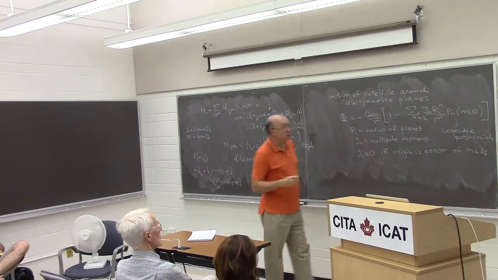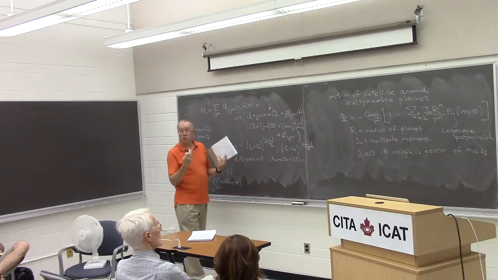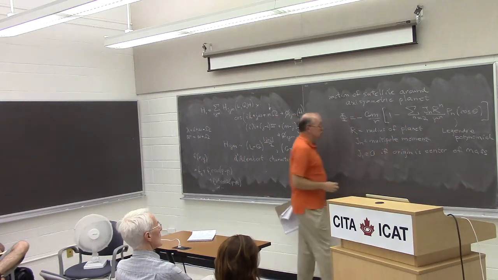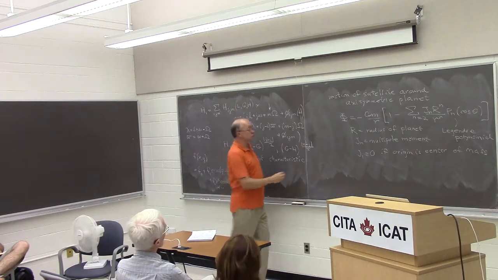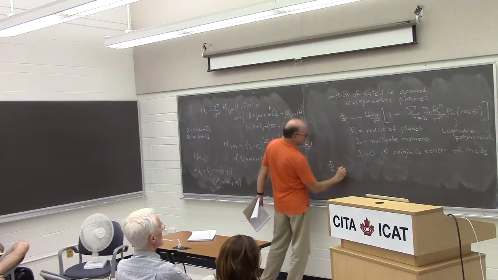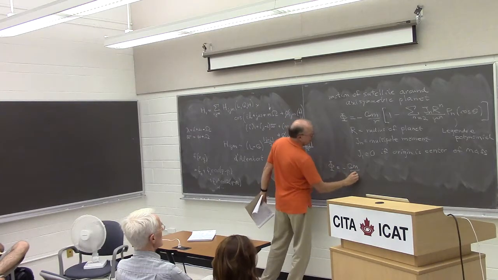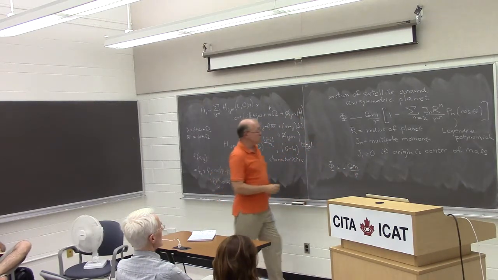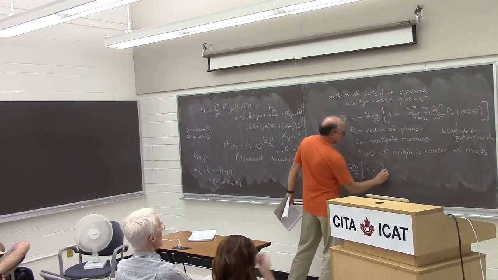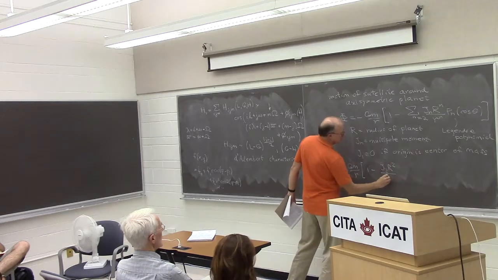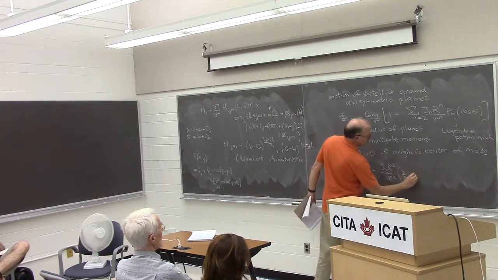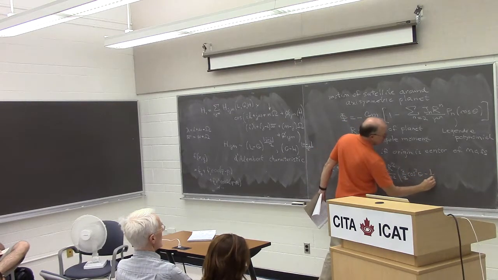For most planets, including the Earth, if they're rotating, there's an equatorial bulge, and rotation means that J2 is much larger than any of the other coefficients, and so I'm just going to write the potential, including only J2. And I'll put in the Pn of cos theta, so it's 1 minus J2 r squared over r squared times 3/2 cos squared theta minus